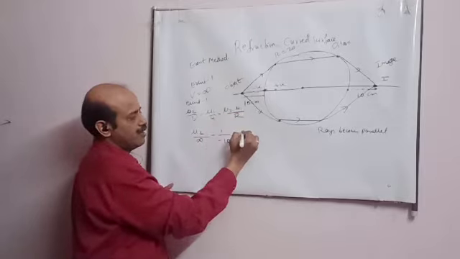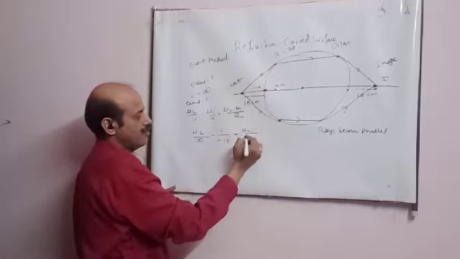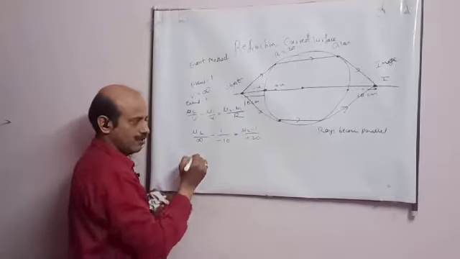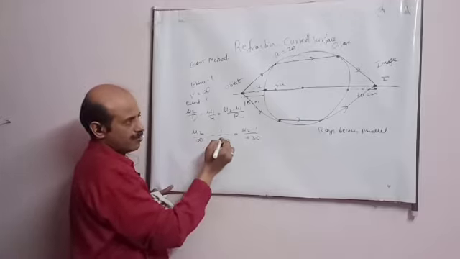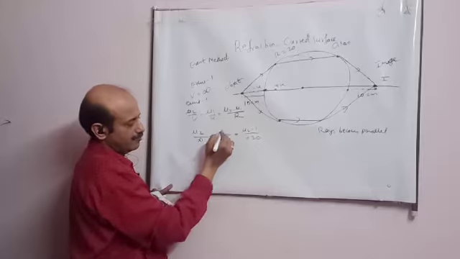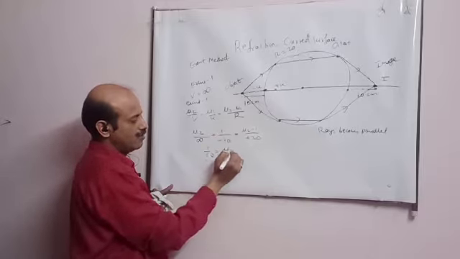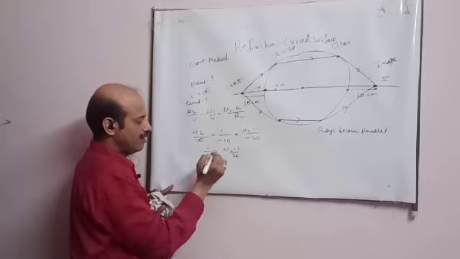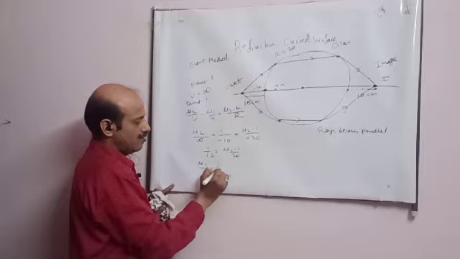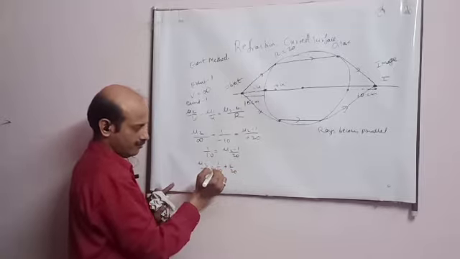Now student, mu2 I have to find out. It is 1. Now R for this is positive, plus 20. Student, you can get the equation very easily. See, 1 by this is 0, 1 by 10 is equal to mu2 minus 1 upon 20. So mu2 upon 20 is equal to 1 by 10 plus 1 by 20.